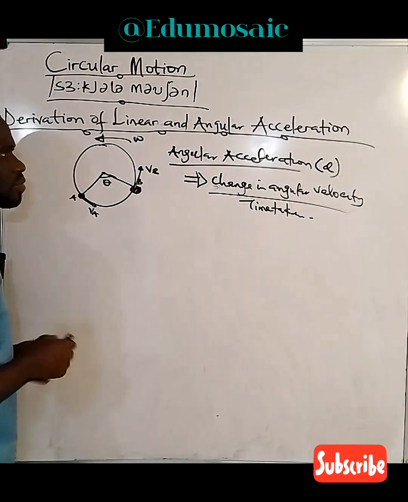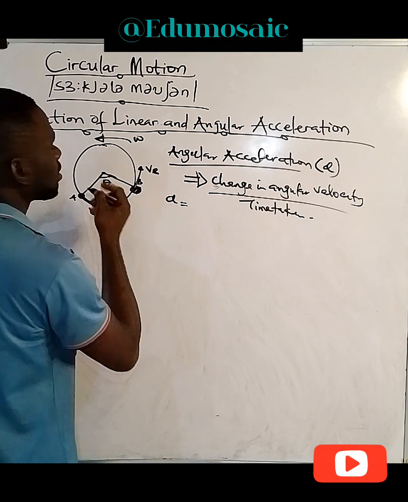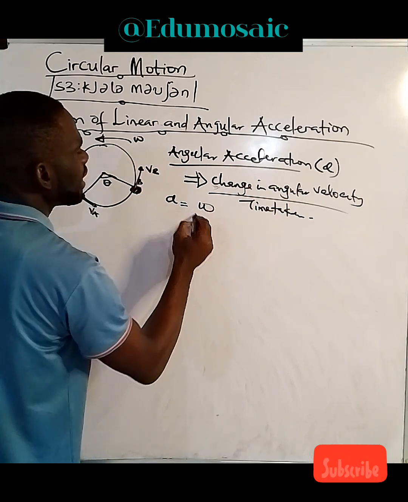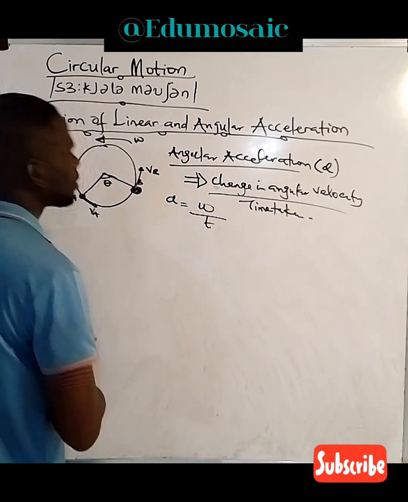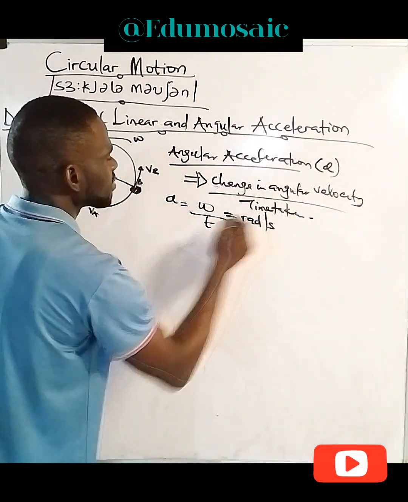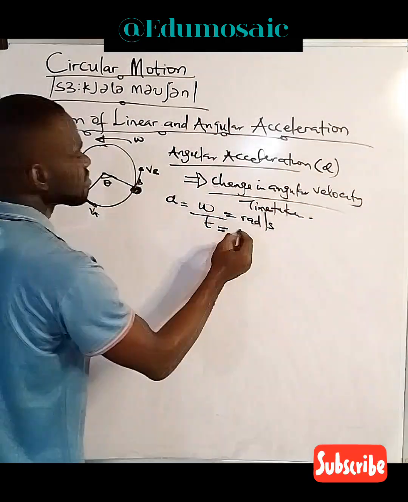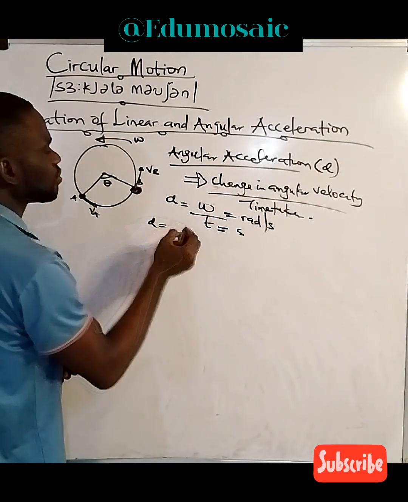So when we talk about angular acceleration, don't forget we're using alpha. So what's the change in angular velocity? Angular velocity is simply this omega over time taken. Now this angular velocity is in rad per second, that's radians per second. In our previous lesson we derived this and we got the unit, while time is in seconds. So it means angular acceleration is in rad